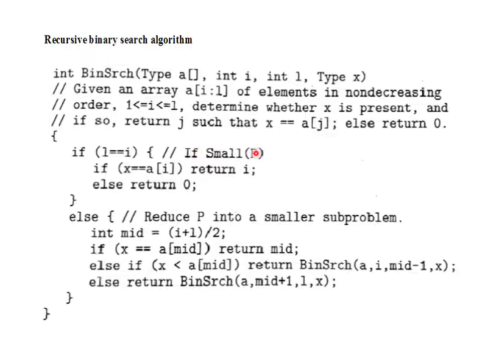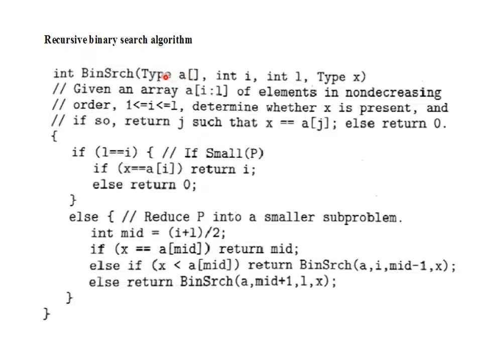Now this is the recursive binary search algorithm, and we will see the non-recursive binary search or iterative binary search algorithm also. It also works very similarly. Now see the recursive binary search algorithm. So this is the function heading, the function definition. So in the function definition, what is there? This integer indicates the return value. Binary search is the name of the algorithm or function, and type indicates the data type, and A is the list of items.